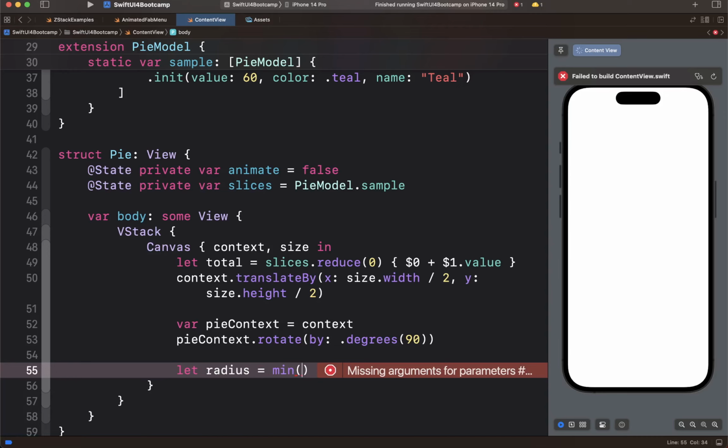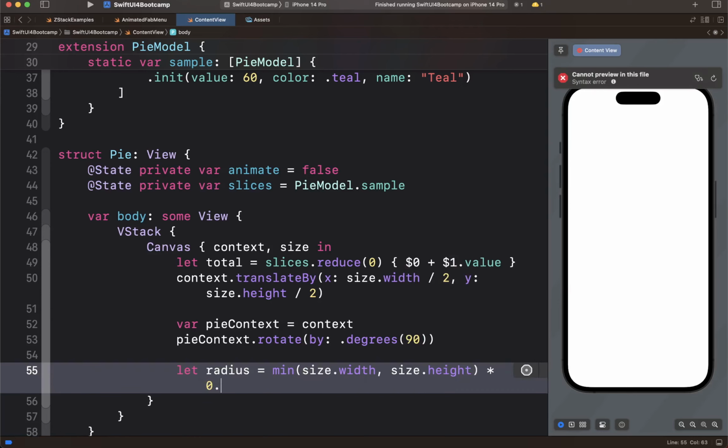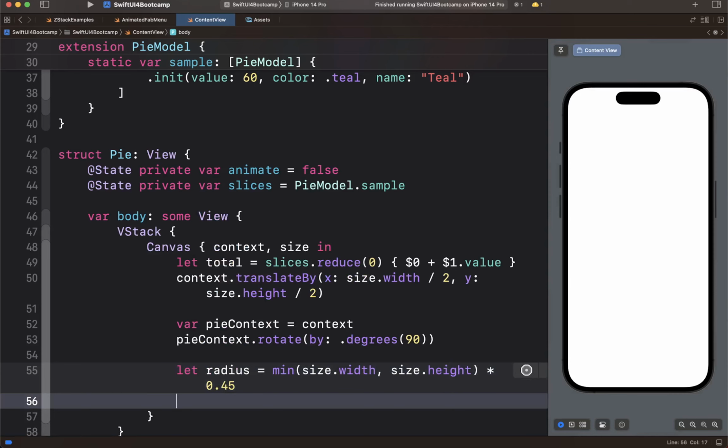So in case you're viewing this in landscape, it's going to consider the height and give you the value of 45% for the height, otherwise the width, for the portrait mode. So size dot width, size dot height, whichever is smallest, take that and give the 45 percent of that value,